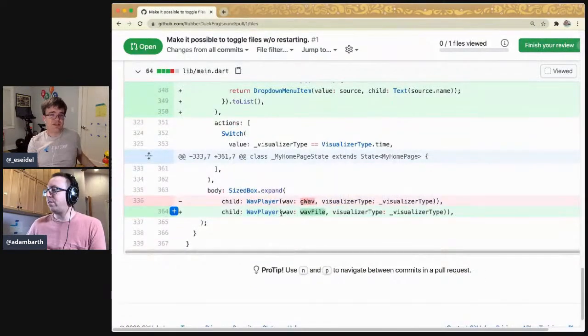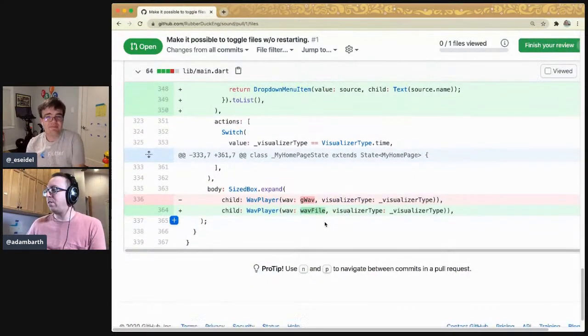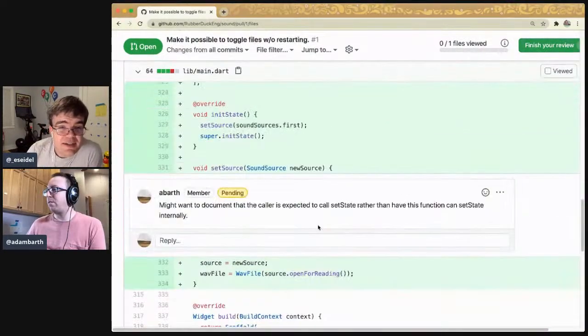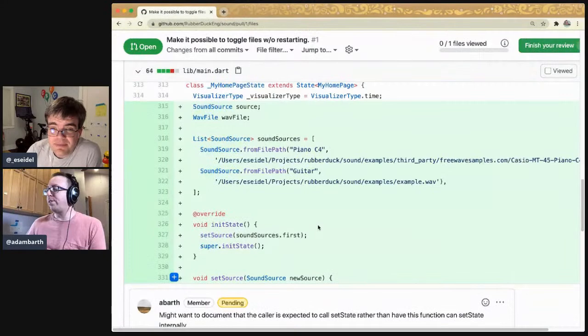GitHub is kind of all singing, all dancing at this point. It really is. It's come a long way in whatever it's been, 6 years as Flutter's been on it. Great. This is a beautiful pull request.